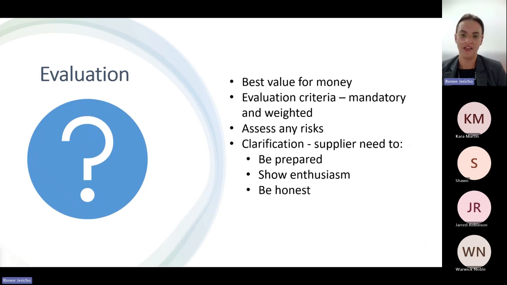When council receives quotes and tenders, it undertakes an evaluation process. Each quote and tender is evaluated against a set of predetermined criteria. The criteria are listed in the market approach document, so it's really clear to businesses what they're going to be evaluated against. Some of these criteria are mandatory, so assessed on a yes or no basis, and these requirements are critical to the delivery, including things like having appropriate licenses,